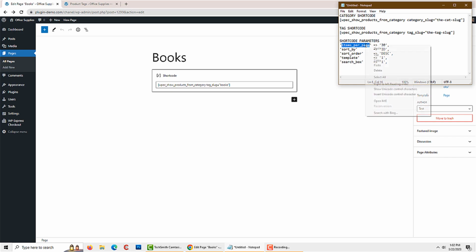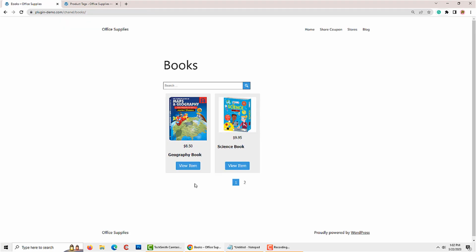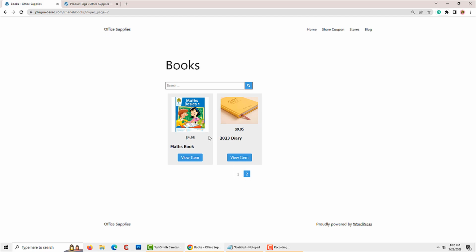So I'm going to simply copy that and paste that into our shortcode, and then equals, and this is where we can add how many items per page we'd like to see. So I had 4 items within that books tag. So if I only want to have 2 of those per page, I can simply add 2 in there. I'll update, and then we can view that page, and there you can see it's just added 2 items per page,